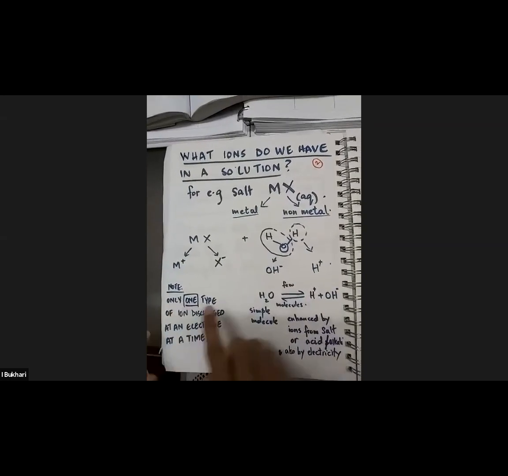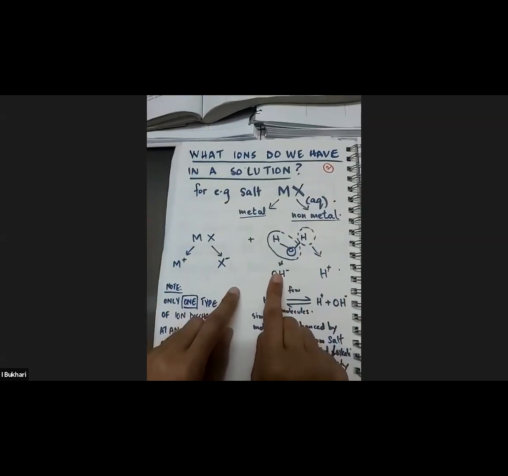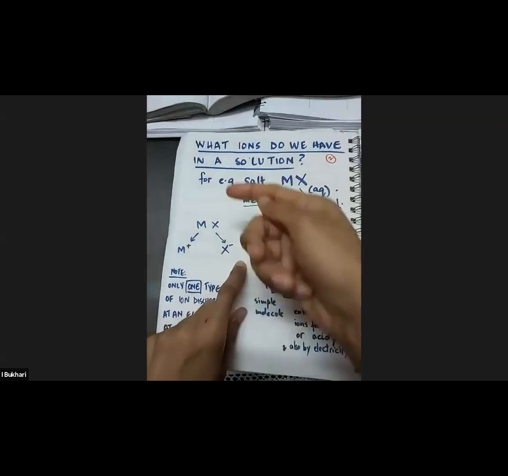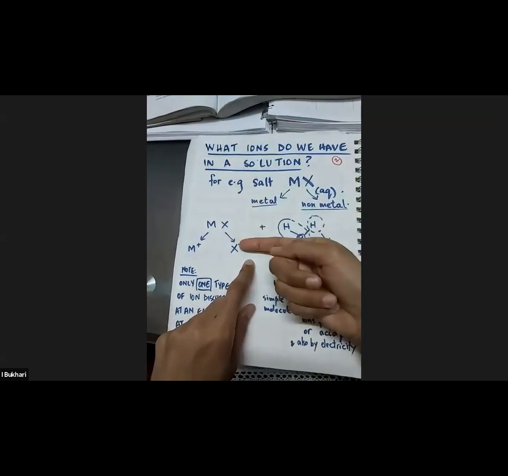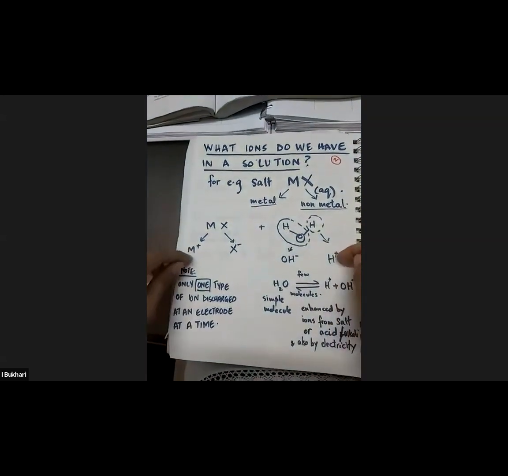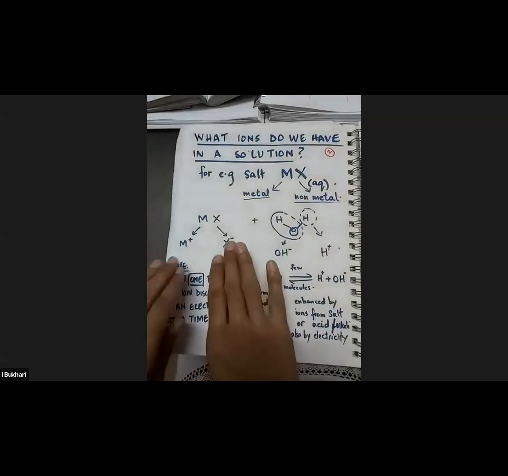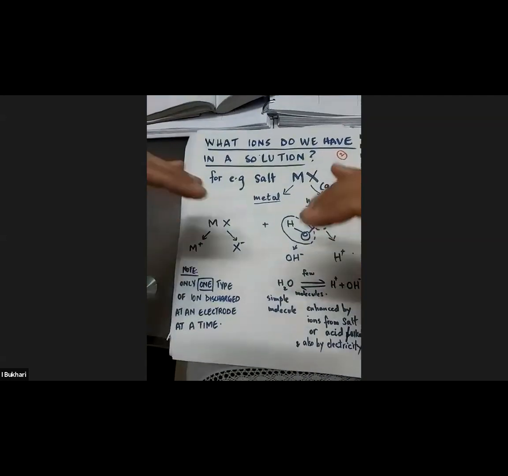Remember, the competition is amongst them. The anions will go for the anode, which is positively charged because of the electrostatic attraction. The cations will go for the cathode, which is the negatively charged electrode. Okay, I will come to that in a bit. But remember, there is competition between the similarly charged ions. There will be competition between these anions, and between these cations, like which will be discharged.